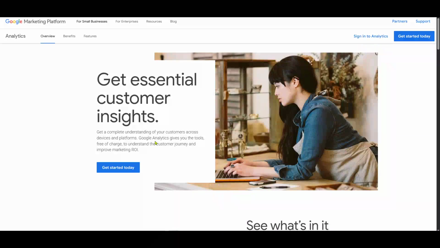In today's video, I'm going to teach you how to delete a property on Google Analytics. Now, whether you're consolidating your analytics or just doing some digital spring cleaning, deleting a property can simplify your dashboard and help reduce clutter. Let's go through the process step by step, ensuring that you can quickly and easily manage